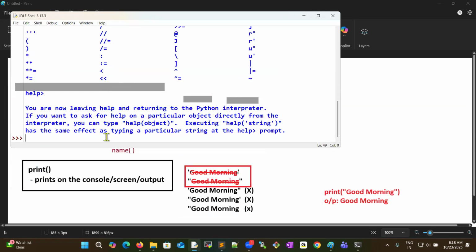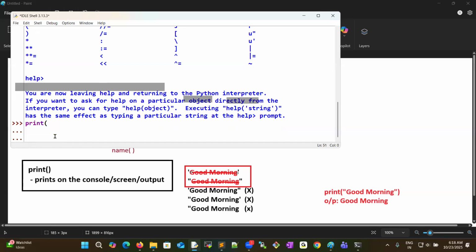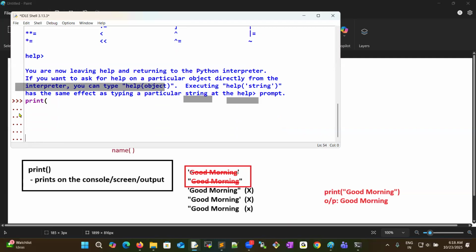Okay, just rotate it. Now the question is the manual pages' purpose. The first time you open it, ideally, you get the Python prompt. So first time I'm going to use the print function. Print, and I'm not typing anything. Then three dots, three dots, five lines came. Nothing but your Python is still thinking